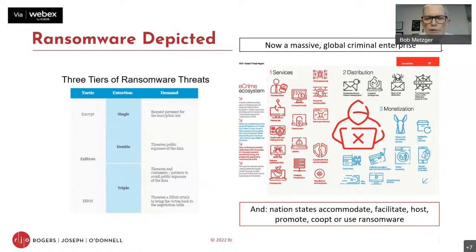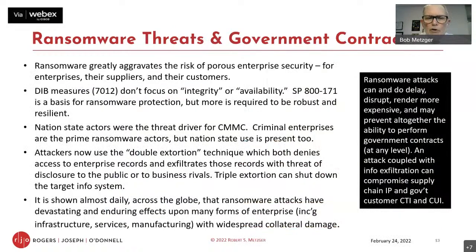Next slide. I want to just make this the central point. Virtually none of 800-171, I'll make it more clear, 800-171 was written to protect premises systems against a perceived array of threats to the confidentiality of information. At the time that it was issued, at the time that the 7012 DFARS clause came out, we weren't worried about ransomware. We barely knew it existed. But now ransomware is a plague that can attack anyone, everywhere, at any time.